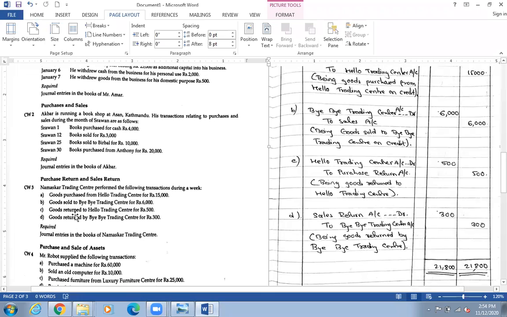Okay, ल हेरौं अर्को नम्बर C मा हेर्ने. So goods return to Hello Trading Center, goods return भयो. Okay, goods return भने के हो त? Okay, so कहिलेकाहीँ suppose you are in a big company, so के गर्यो भन्दाखेरि